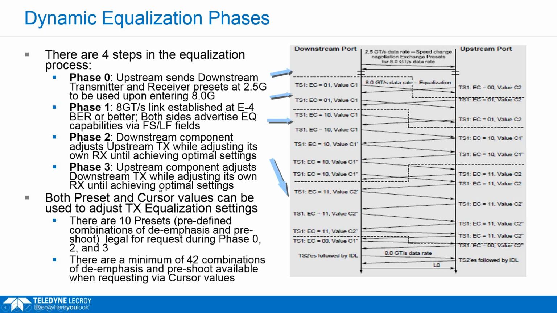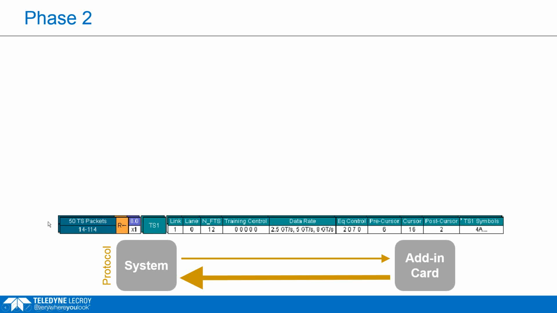In order to look at the protocol communication going back and forth, we need to use a tool. We have our Teledyne LeCroy PCI Express protocol analyzer software that we're using to view the protocol information being sent back and forth between the system and add-in card. I have a snapshot from that displayed right here, and I'm going to go through some of the main fields and explain what they mean to help us understand the information contained in this view.